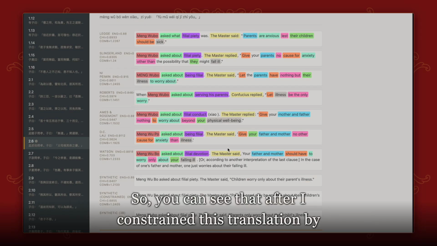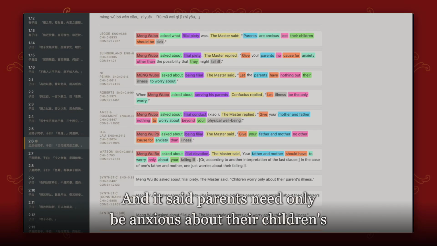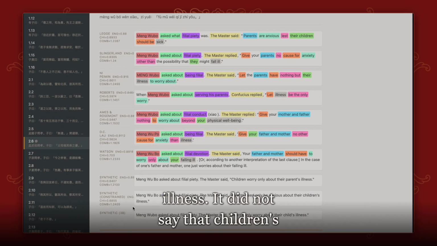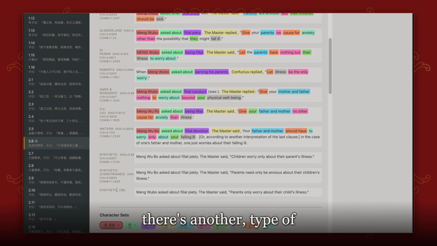So you can see that after I constrained this translation by passing in the annotations, it did get it right. And it said, parents need only be anxious about their children's illness. It did not say that children worry only about their parents' illness. So that's one way that I decided to use it. There's another